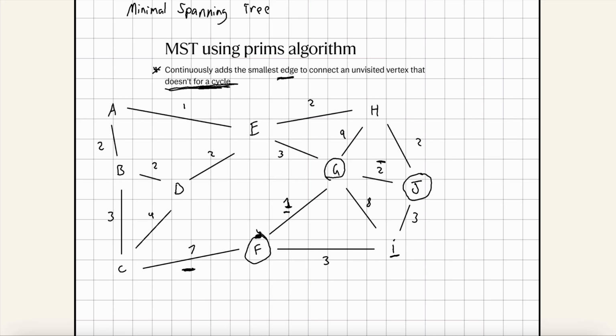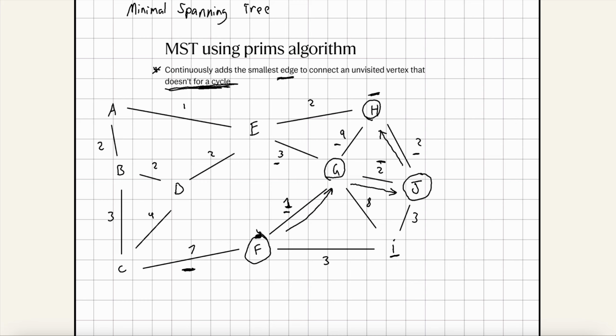So keeping an eye on this 7, 7's still larger than a lot of these numbers on the graph so far. So out of the adjacent vertexes with the edges connecting, we've got this 9 here, 3, and this 2 here looks pretty good. So we're going to move from J now to H. If you follow the path, it looks like we've formed a cycle, but we actually haven't, because we've moved this way, and then this way, and then this way, and now